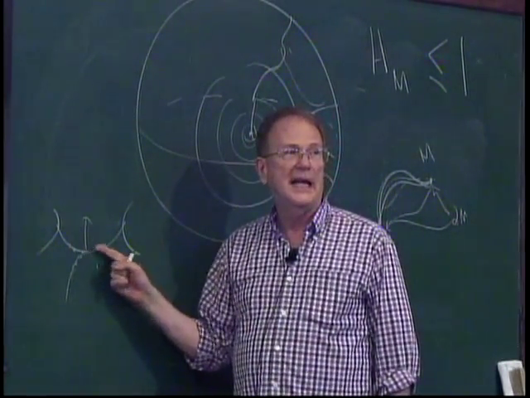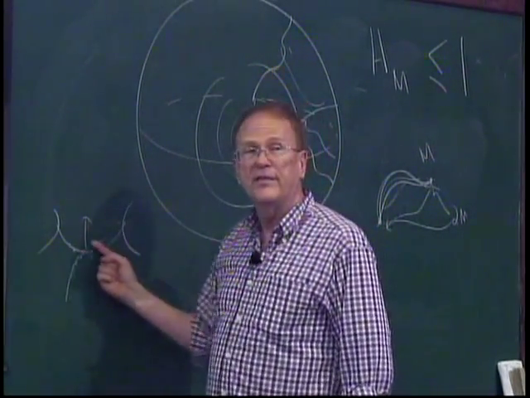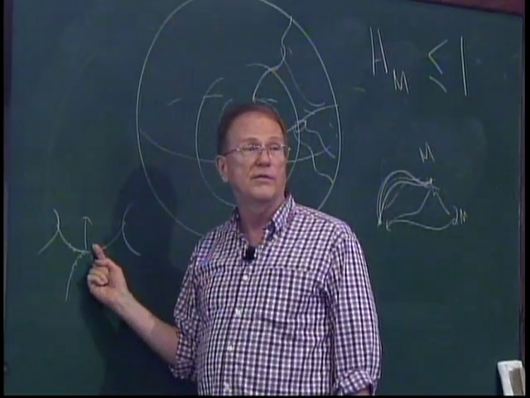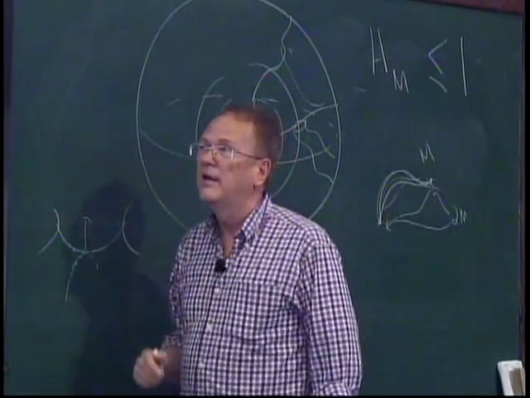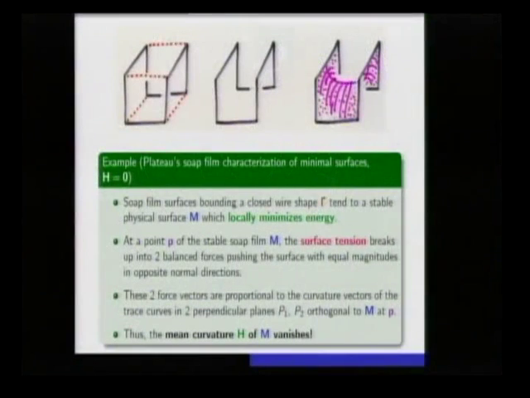And those forces have to cancel out because it's a physical surface. And those forces, though, are proportional to the principal curvatures, these normal curvatures. So for that reason, when it tries to pull itself tight, it has zero mean curvature. It's physics, the physics of trying to pull yourself tight, and the property that forces break up in these standard ways, you write down matrices, and they're symmetric matrices, and they pull it orthogonally.